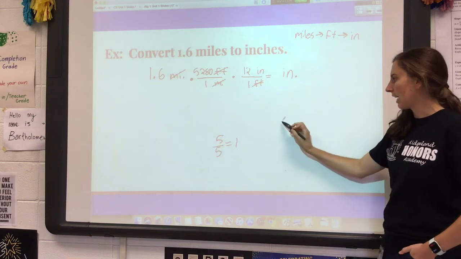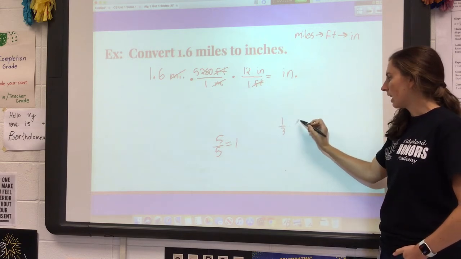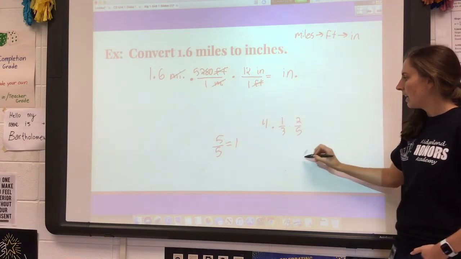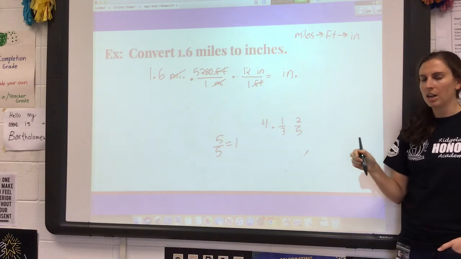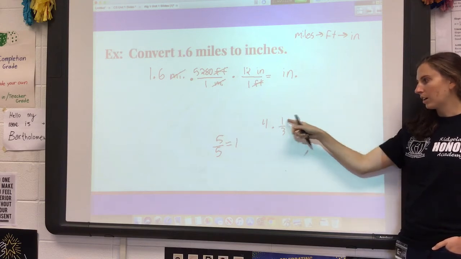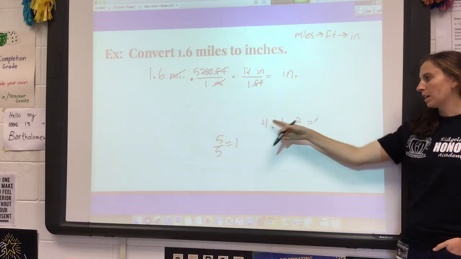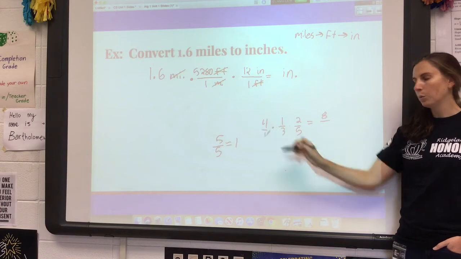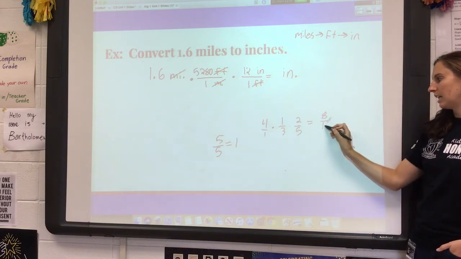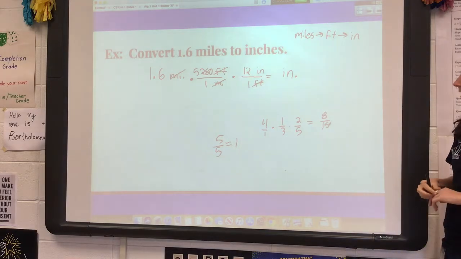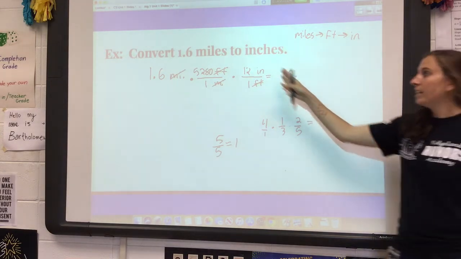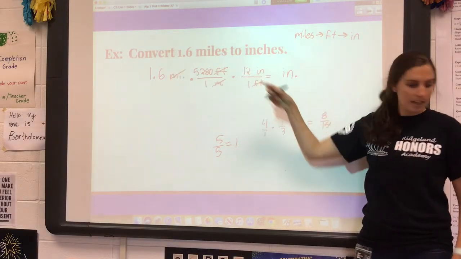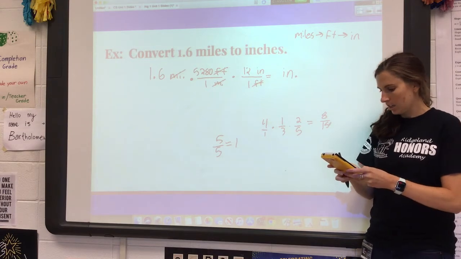Anytime you have fractions, like let's say I had 1/3 times 4 times 2/5, just a refresher, the way you multiply them is you multiply across the top. 4 times 1 times 2 is 8. And you multiply across the bottom. This is technically over 1. 1 times 3 times 5 is 15. So that's how you multiply fractions. These are just fractions. That's all they are. So we'll multiply this times this times this, and get